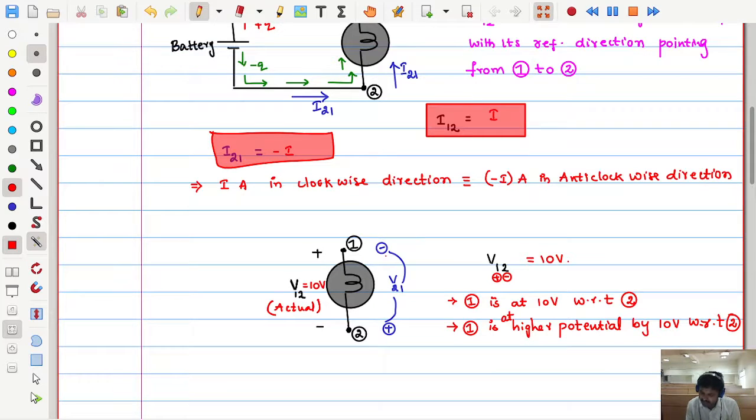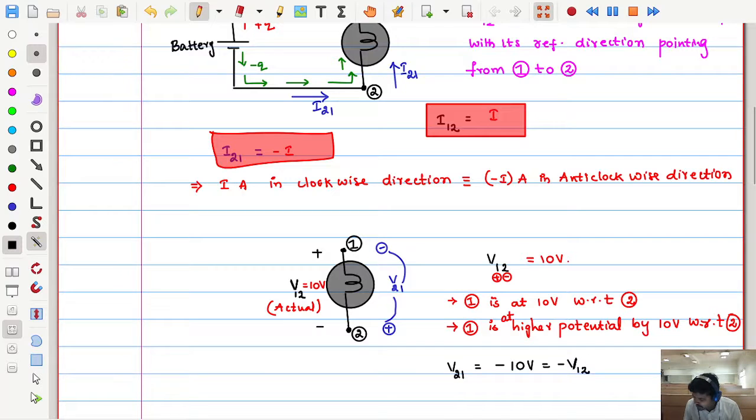But you are measuring, or asking somebody to measure in this way with the help of a voltmeter, let us say. Then how much will be the V21? V21 is also 10 volts, but see, it is quite opposite to the V12. So can I say this is minus 10 volts, which is equal to minus V12.